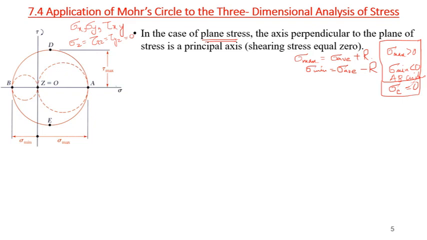But there must be another circle between A and 0, B and 0, right? So this will give me the complete picture of the state of stress even when we have a plane stress case. Okay, the principal axis now